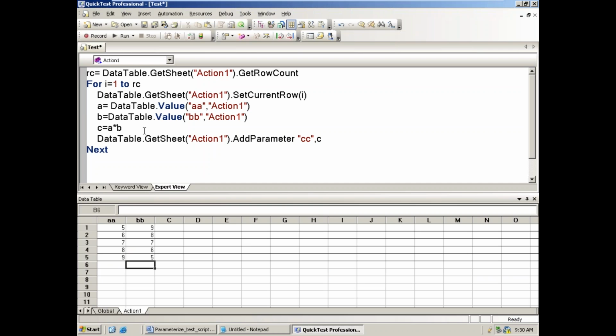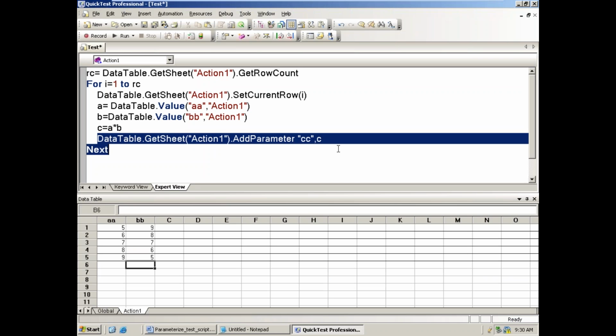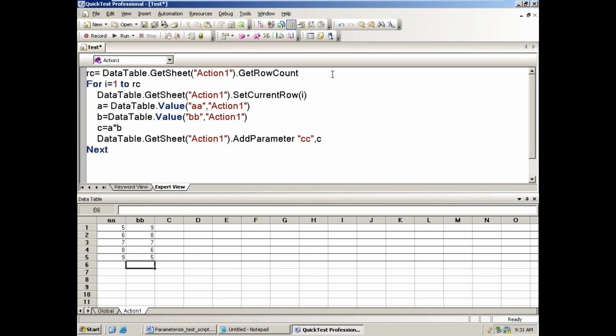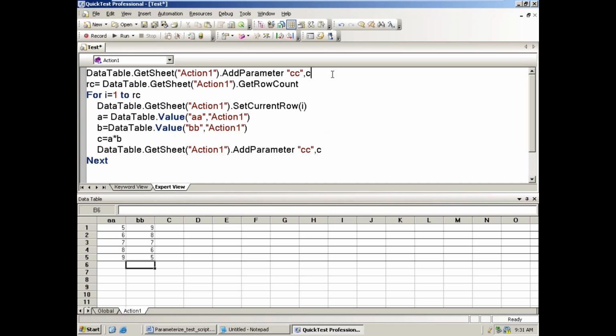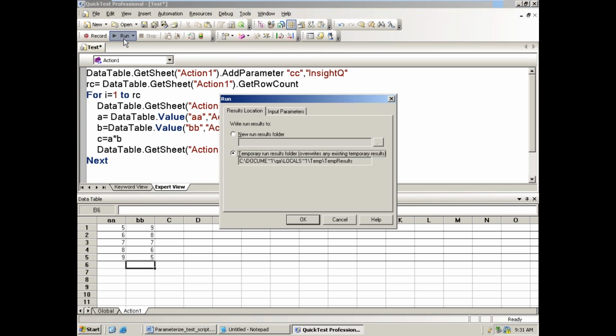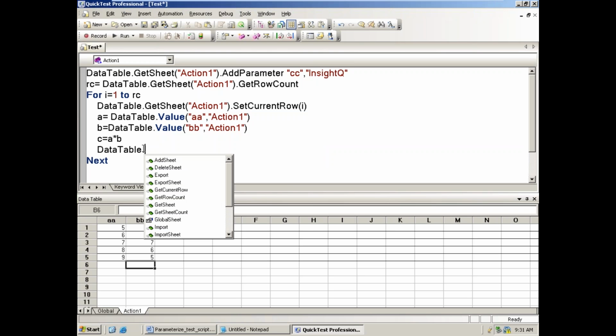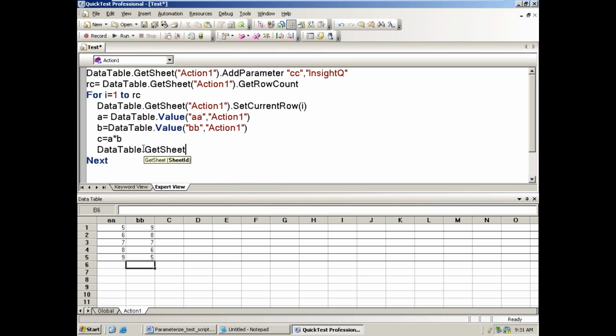Now in order to overcome that, I want to execute this statement only one time. You can take it here, or I can say create the column name. C means a temporary value. You can give anything; I gave Smith, or I may go for InsideQ as I gave. Let us run it. So now what do I need to do here, instead of this, what should I say here? DataTable dot GetSheet of